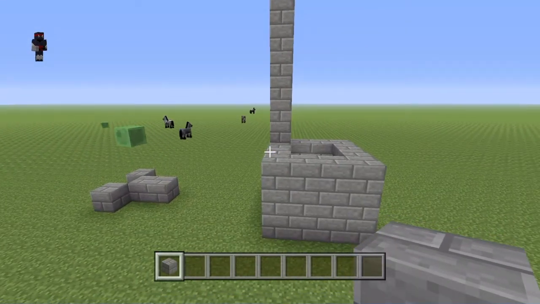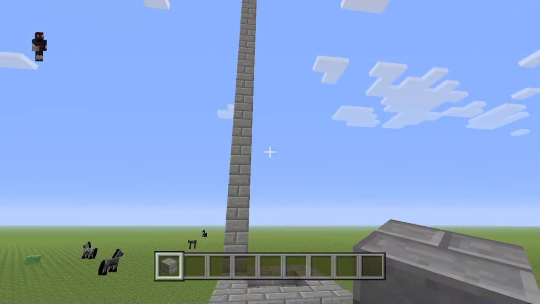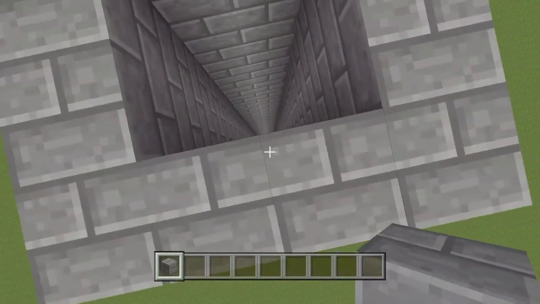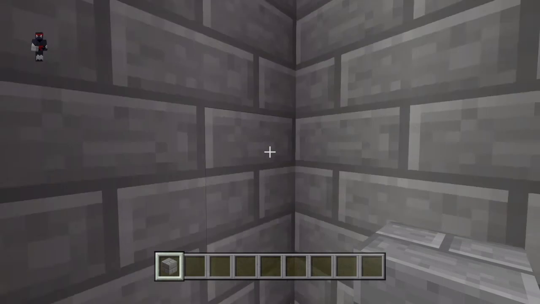So I'll get back once I've finished doing all of this, and then I'll show you what you've got to do next. Okay, so after you've made this massive tower 30 blocks deep, you're going to go all the way to the top,